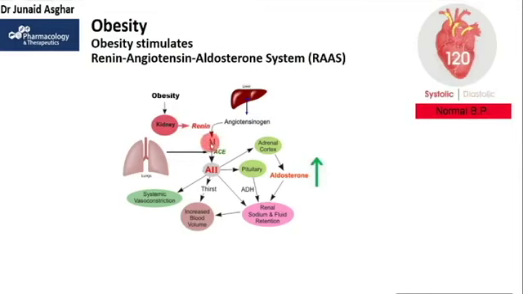So this angiotensin 1 is a decapeptide. It means it contains 10 amino acid residues. Angiotensin 1 is known to be biologically inert or inactive, and it only acts as a precursor for the